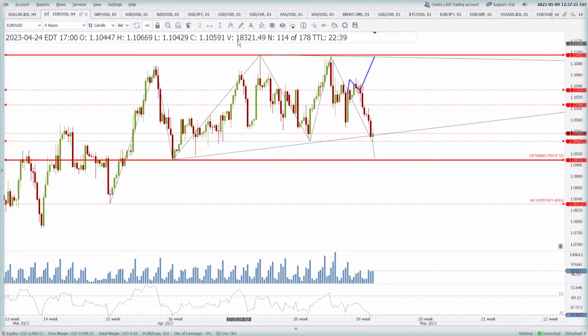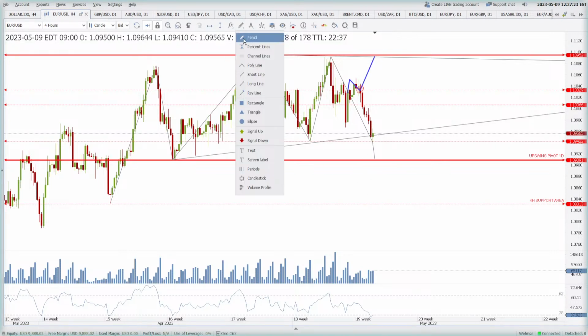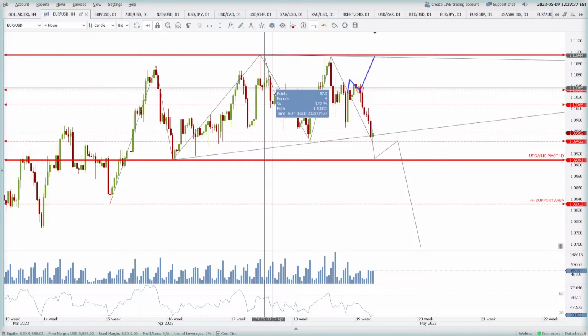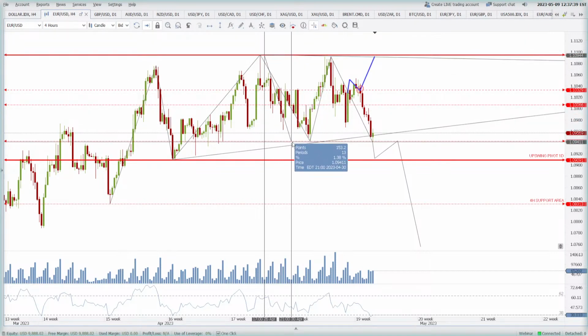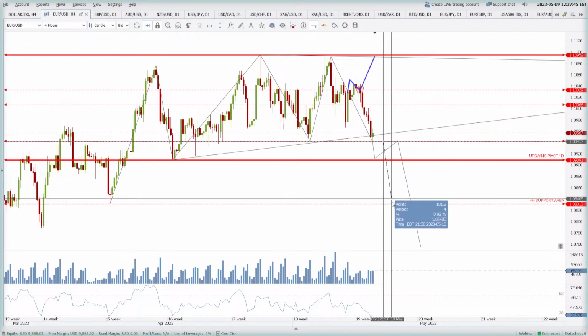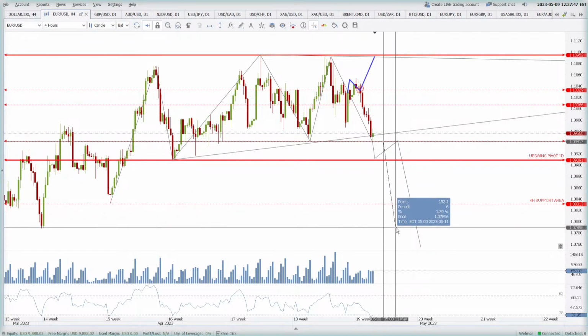Now, after the confirmed breakdown of a double top, what happens? Most of the time the price tends to go to the neckline. Now I will explain what the neckline is, and then it reverses from there, taking approximately the same target as the height of the double top. Now in this case the height is approximately 150 points, so we measure the 150 points from the breakout, and it will be around these lows,